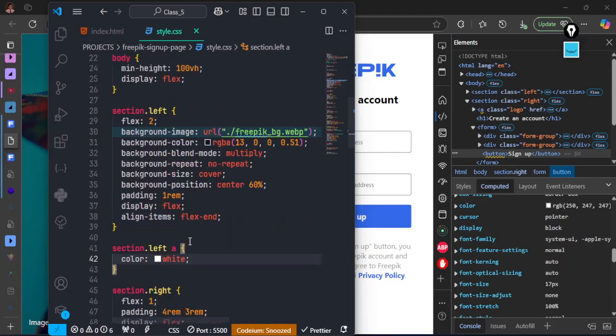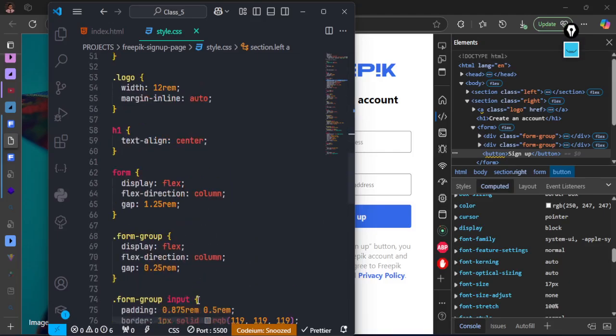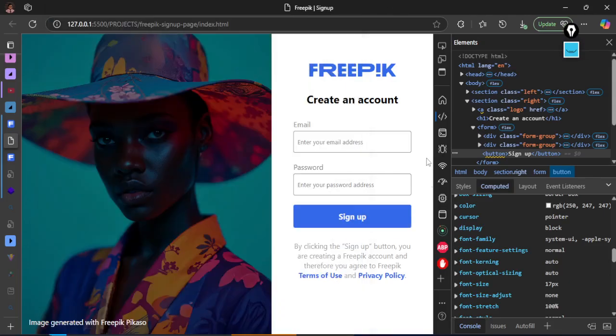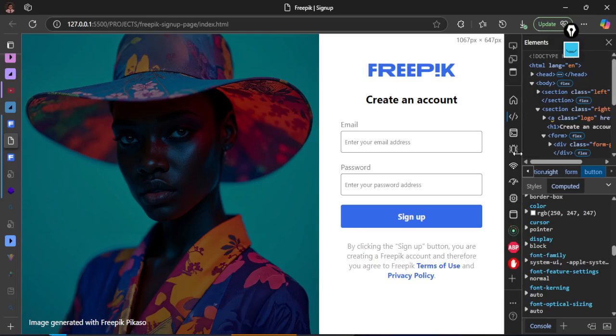So text decoration here is still the same thing down here. So I don't need to start repeating myself. As you can see now, we have the stuff on the page. So now you can send this to someone, and they are going to think it's a Freepik page like that. But